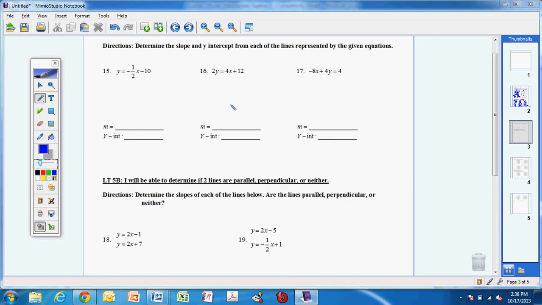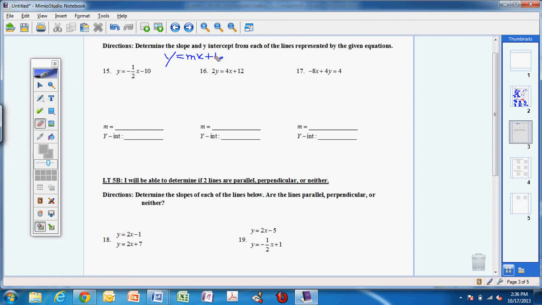This is worksheet 4, page 2. So continuing on with the review. In this case, guys, we want to be able to determine the slope and y-intercept from each of the lines. In order to do that, before we can do anything, we have to make sure everything is in slope-intercept form. So in case you need a refresher,